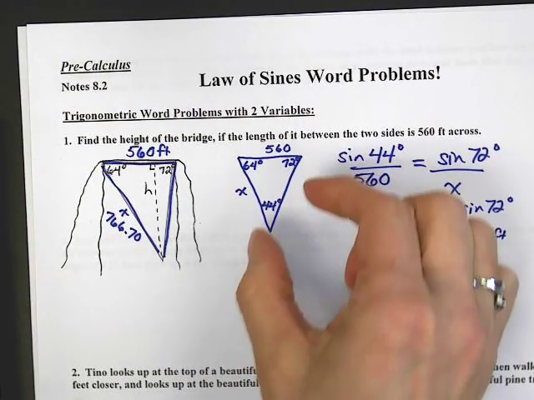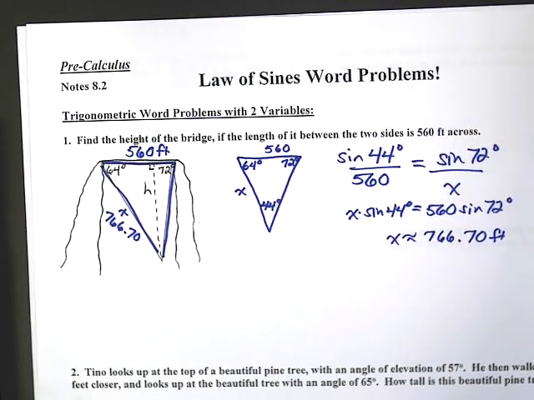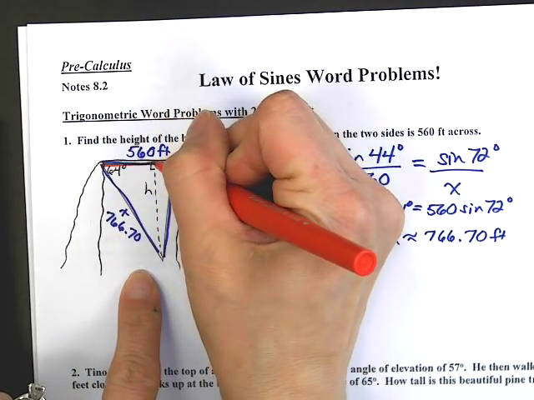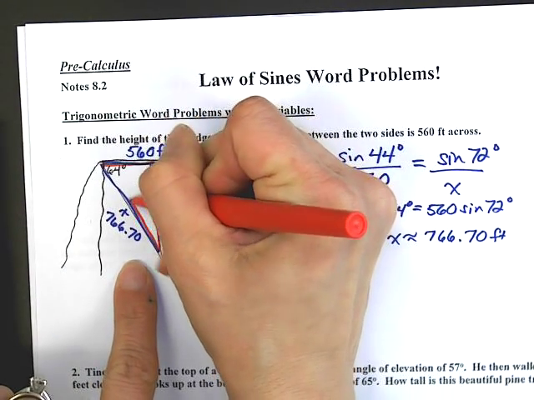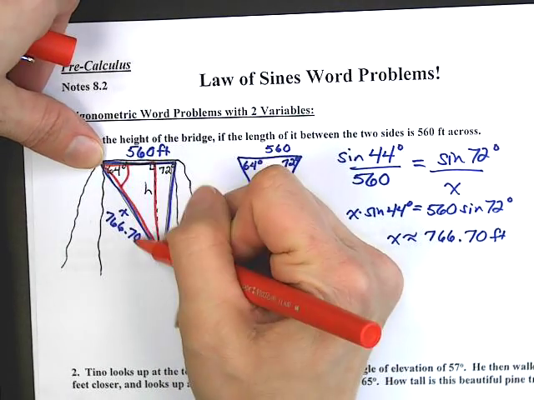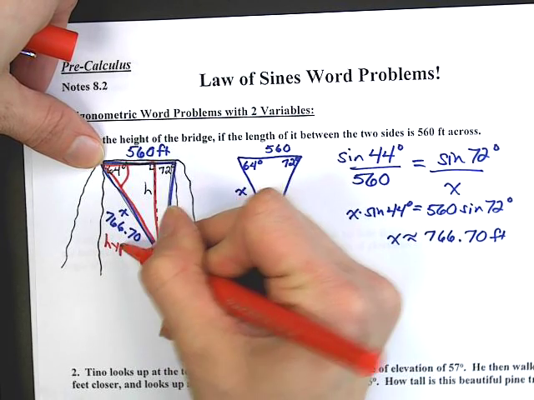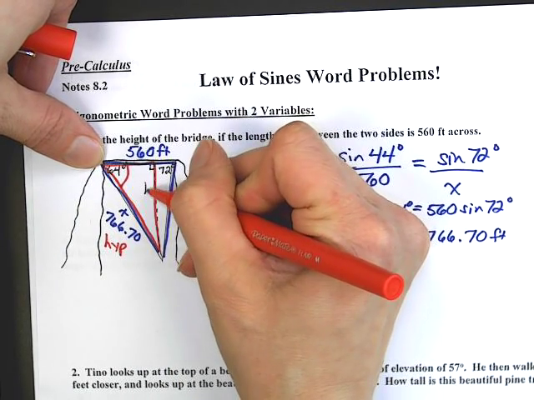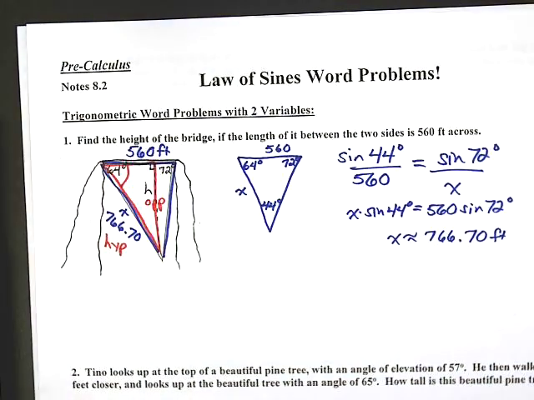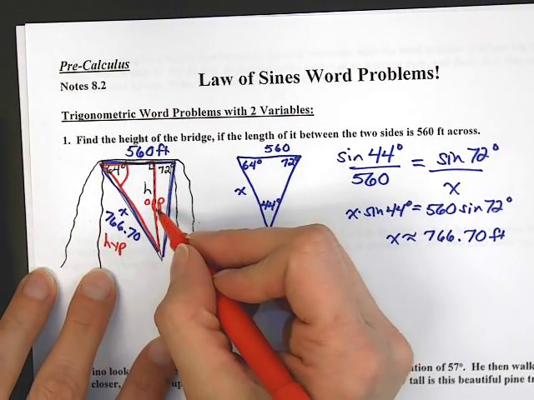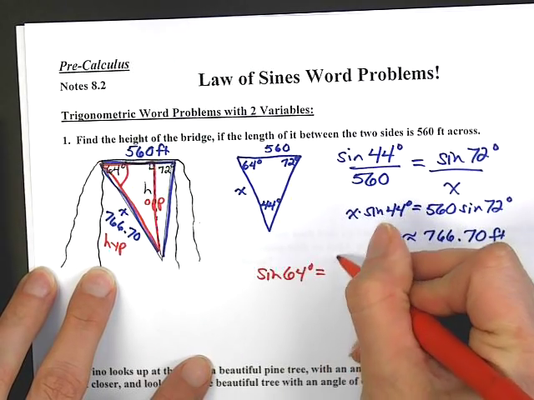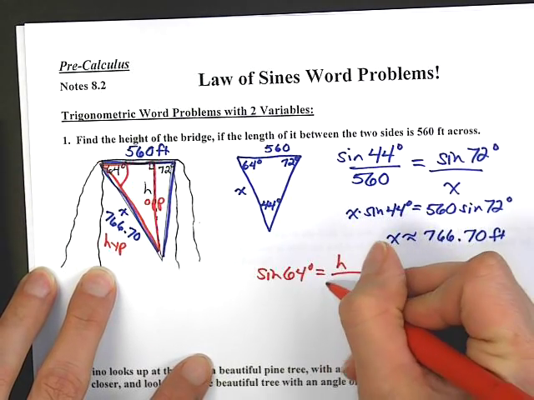Okay, well, why are we finding that side? I need to find something in the big triangle that will now help me solve to find something in this little triangle. So now I'm going to look at just this little right triangle right here. This is a right triangle. I've got an angle of 64 degrees. I know this, which is the hypotenuse, and I'm trying to find h, which is the opposite. So now this is just a basic SOH CAH TOA problem. Which trig function uses opposite hypotenuse? Sine of 64 degrees is opposite h over hypotenuse